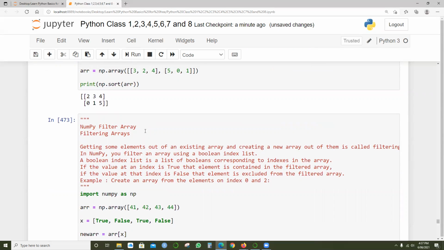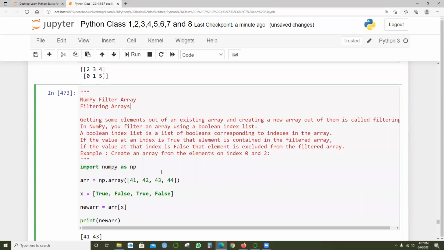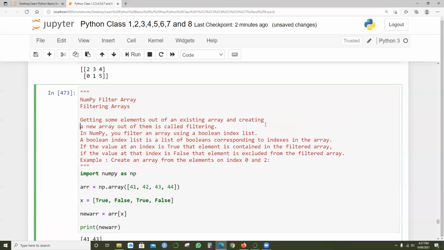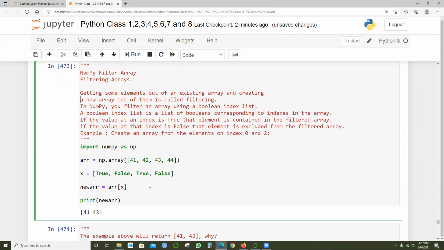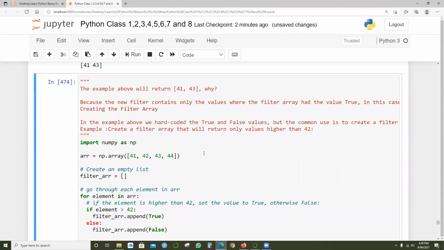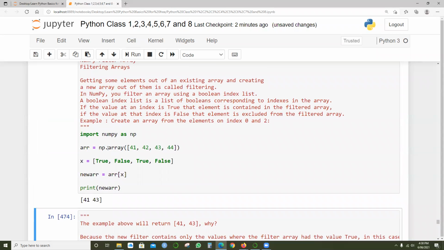Here, NumPy filter. What we are trying to do here is filtering arrays: getting some elements out of the existing array and creating a new array out of them is called filtering. So assume you're filtering the values. Let's look at the example, then you can go to the theoretical part. We have an array 41, 42, 43, 44, and x equals true, false, true, false.